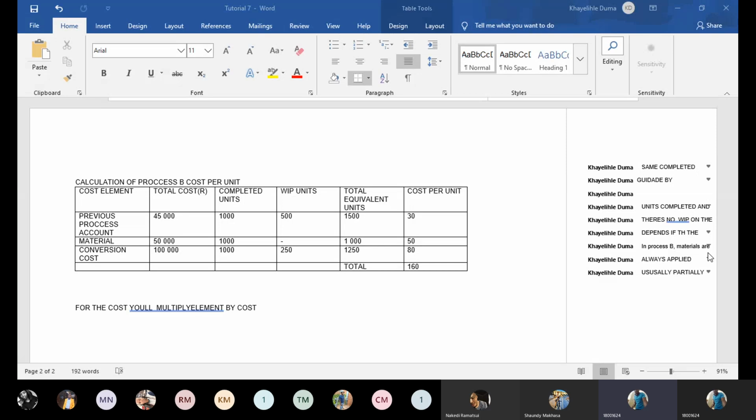The only difference, because you need to understand the difference between process costing and job costing. In job costing, the units are not identical. Let me say they are special or different from each other, so each and every unit is going to have its own unit cost, right? And in this case, we're just producing the same things, just that they're a lot.